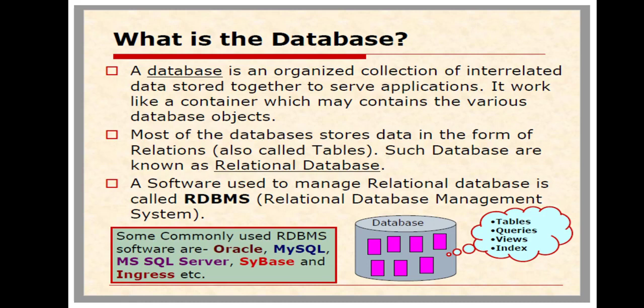Most of the databases store data in the form of relations, also called tables. Such databases are known as relational database. Now what does this mean? How do databases relate? For example, let me take the example of the school as a database. Our school has teachers, we have ancillary staff, we have students. So these three we can call tables. That is, the first table is the student, the second table is the teacher, the third table is the ancillary